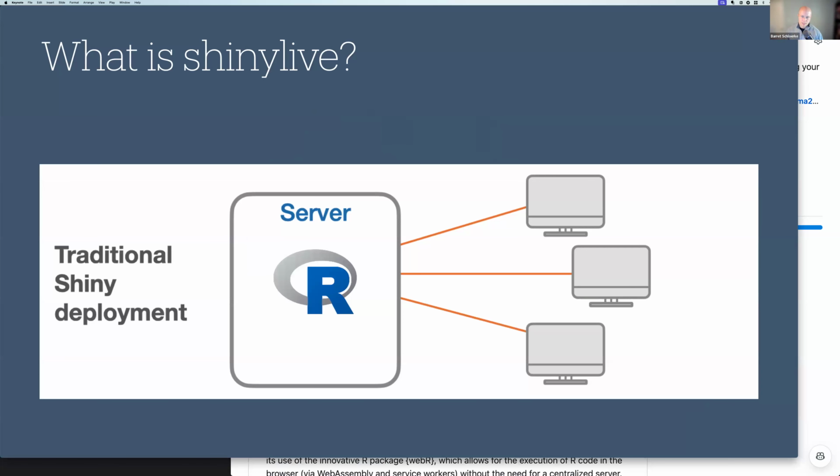Normally when we run Shiny, you have your traditional centralized server, and in this case, we would have 3 users come in and they would want to look at the Shiny application. In this case, R is actually running in the centralized server. There's going to be one instance of R, and the users just have a website. There's nothing on their machines.